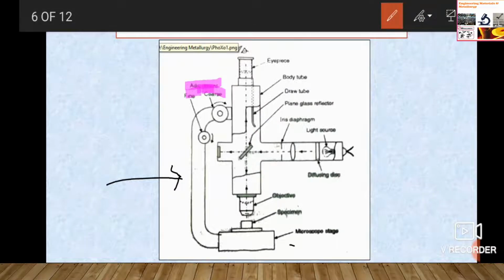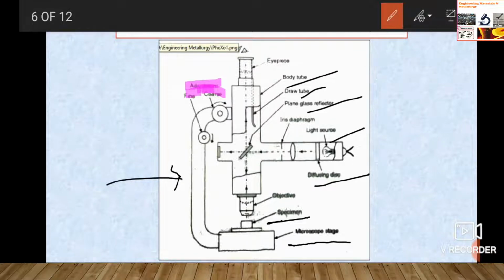This one is the microscope stage. Here the specimen is to be held on that microscope stage. Here it is the diffusing lenses with the light sources available. This is the body tube, this is the draw tube and the plain glass reflector for reflecting the light rays onto the